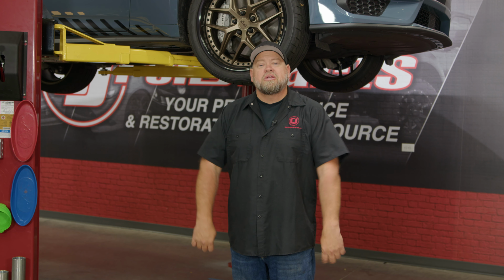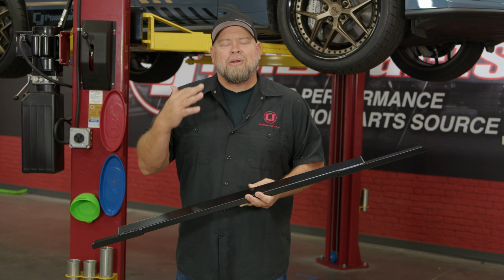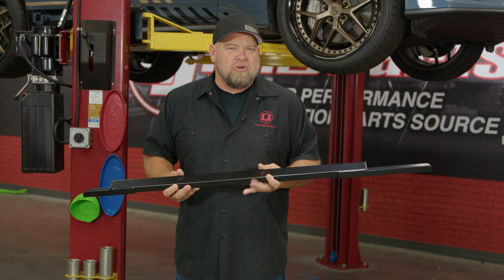Today we're going to install some Accelatec Jacking Rails on our 2024 Mustang GT. So what is a jacking rail? If you've been around Mustangs for a long time, this probably looks like a subframe connector, but it's actually not